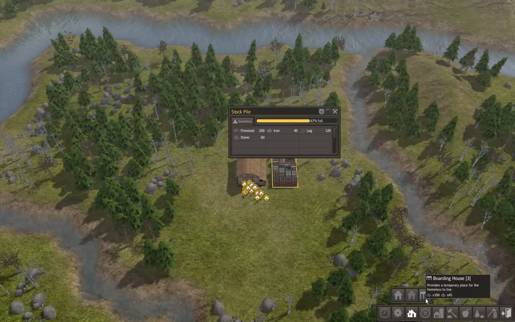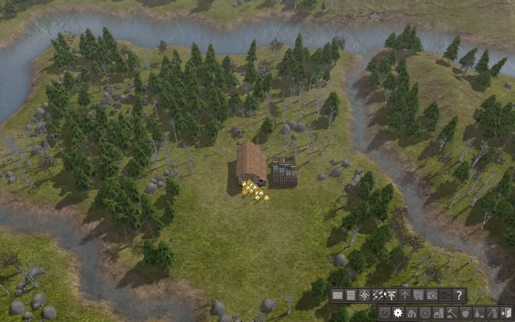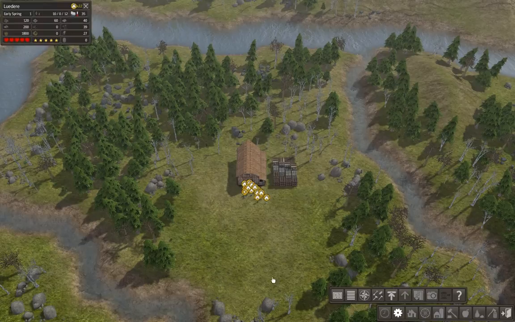Wow, we really have a lot of options here. Maybe I'll go with a boarding house really quick. Temporary place for the homeless to live, because that should allow my whole town somewhere to live. Let's take a look at, really quick, I'm trying to find the options because I don't know them very well yet. General statistics, here we go. So we have 10 adults, 12 kids. It's flipping cold,